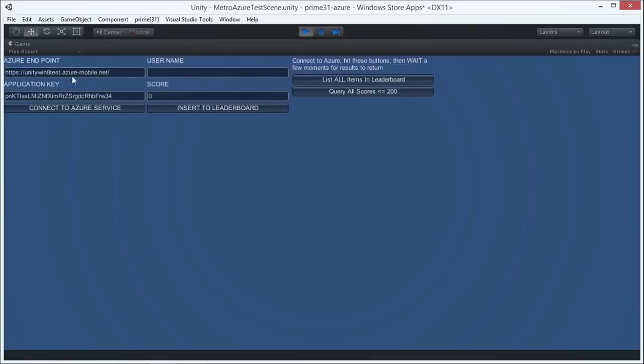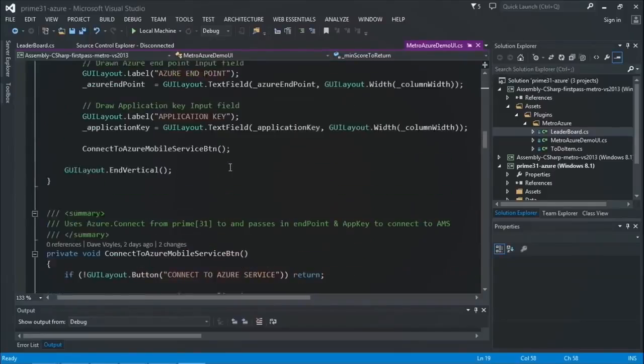So we have our Azure endpoint and our application key. So I have ordered these, for the most part, in the way that they appear on the screen